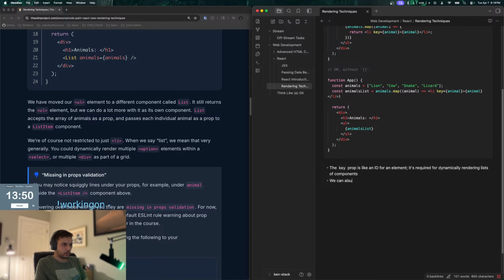We can also use separate components to dynamically list elements like